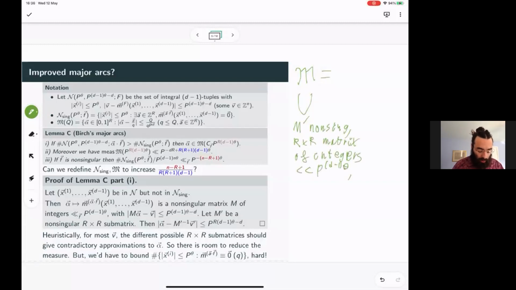So we take the union over all of these M, and also over all of the integer vectors v primed, of the alpha in the unit hypercube such that M primed alpha minus v primed